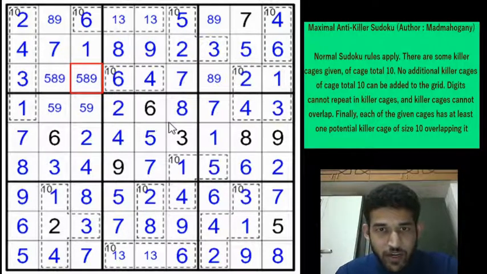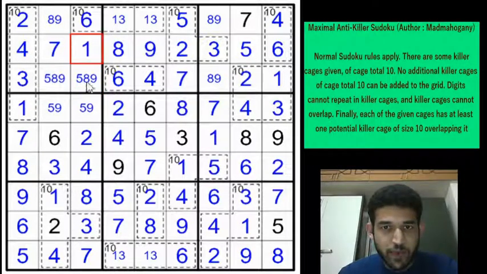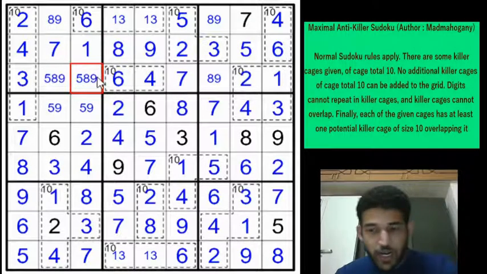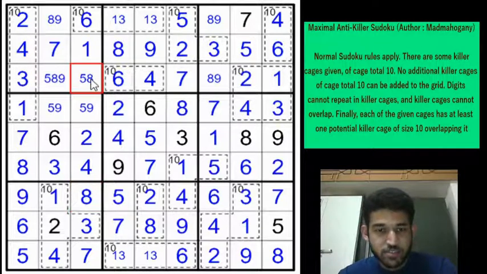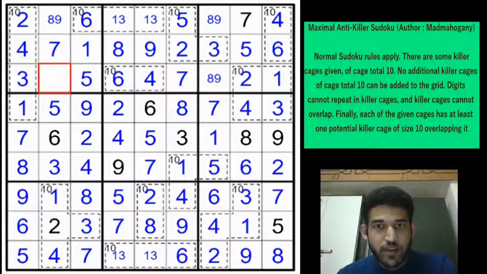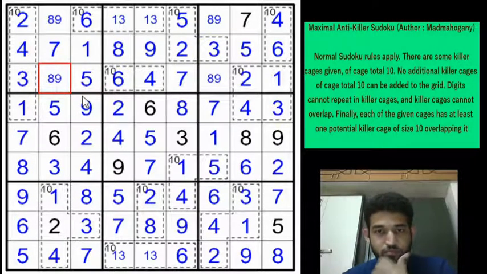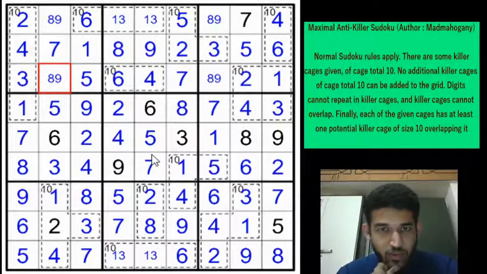Let's look carefully now. Okay, we have vice versa rule still coming into play. 1 plus 9 is 10, and this cage is not going to overlap with anything, so this cannot be a 9, so this will be a 5 or 8, and 8 is here, so this will be a 5, right? So this is going to be a 9, so this will be a 5, so this will be an 8 or a 9. Okay, now we need to use the rule part. So let us focus on this cage.